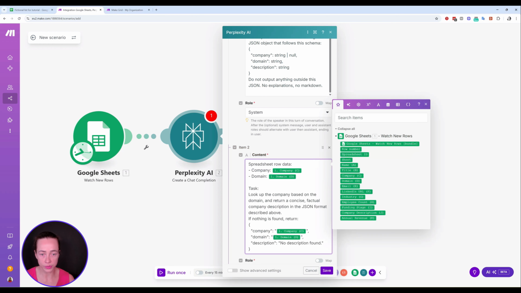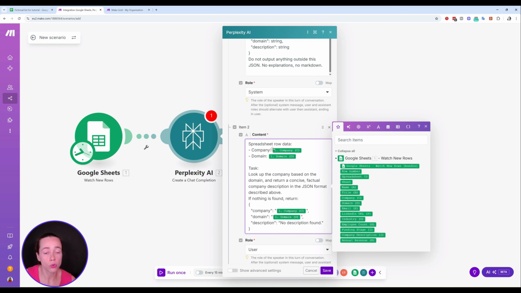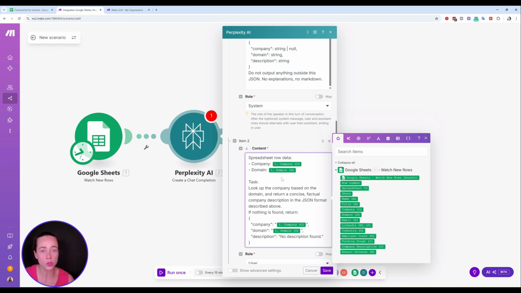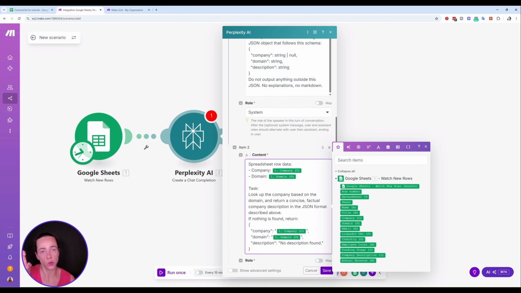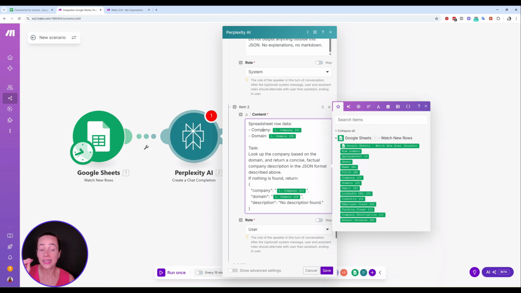So this is the user prompt that I have. This is the spreadsheet raw data, right? You have company in one line, you have the domain in one line. Your task will be to look up the actual company based on the domain, return a concise, factual company description in JSON format described above, right? So above, I'm describing the JSON format that I want. And then here I'm saying, if by any chance you don't find anything, just give me no description found